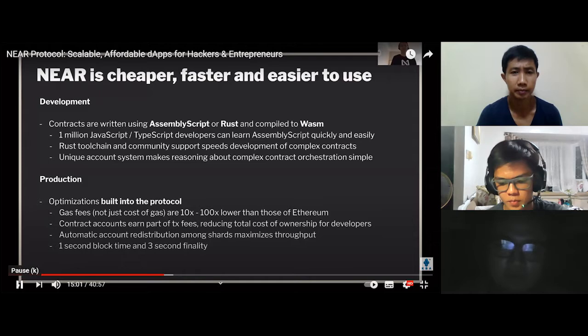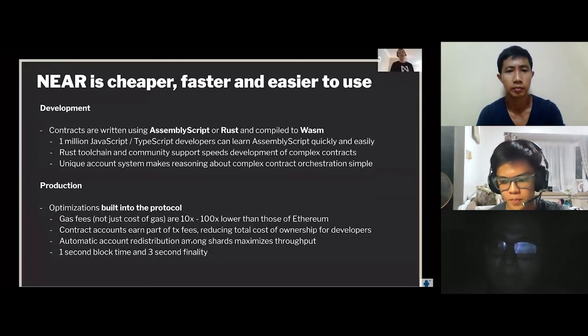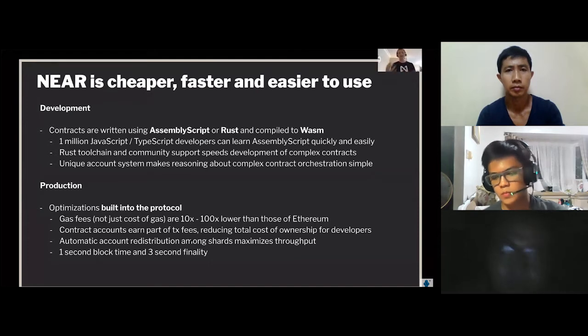Let's play. So in that sense, from a development perspective, there's a very compelling story here. It is cheaper and faster and easier to get started with Near. And then in terms of production, when you deploy your application, the transactions themselves are many orders of magnitude cheaper than the status quo, essentially Ethereum in this sense. This is the only game in town.